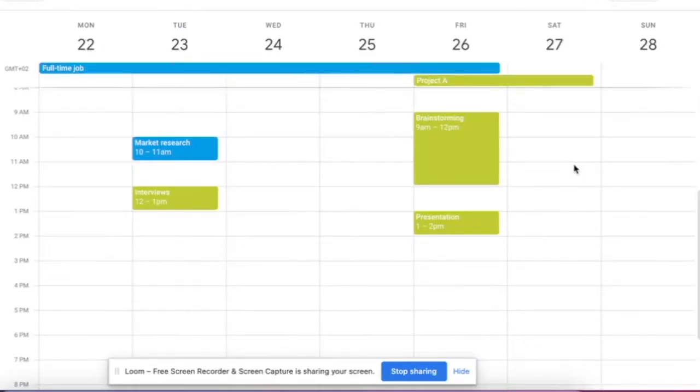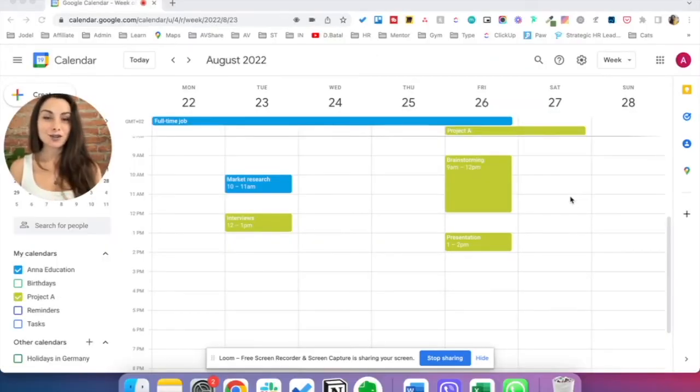So this was the first step on how you can create as many calendars as you want based on your different projects and basically the programs or maybe plans that you're working on. Okay, now how would you even improve this kind of color coding technique to help you even better with this?